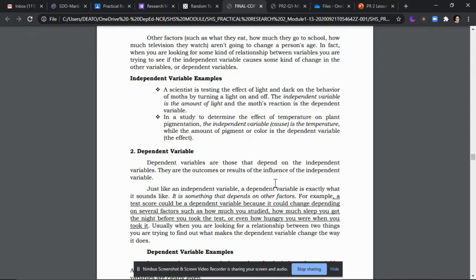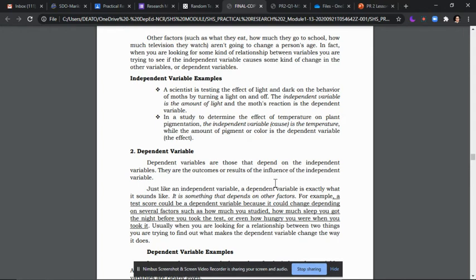Dependent cannot affect the independent. Halimbawa yung age, sinabi ko sa example kanina, yung person's age ay independent tapos yung watching television ay dependent. So hindi mo siya pwedeng pagbaliktarin kasi pag sinabing dependent, yung results niya nakadepende dun sa galaw ng independent.